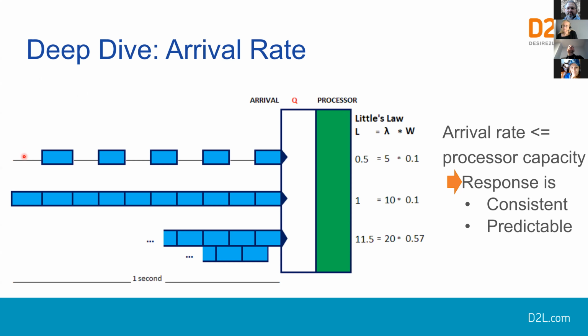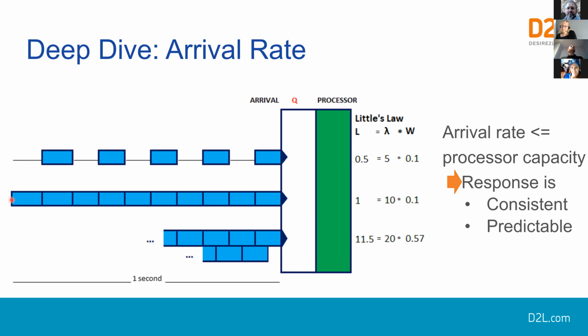Scenario number 1 exemplifies when the system utilization is low. Here, our users are logging in at a pace of 5 requests per second, meaning that the arrival rate is 5. Little's law tells us that the average number of requests in the node is 0.5, therefore smaller than the processor capacity. The processor is used, but only half of the time. There is no queuing happening.